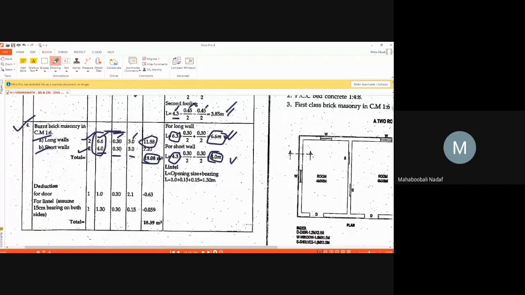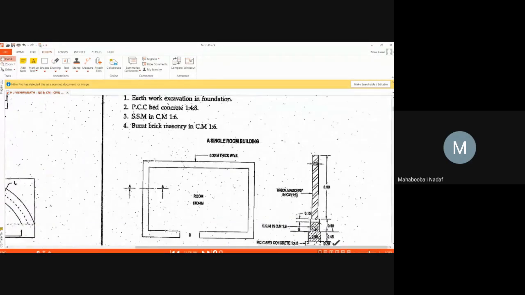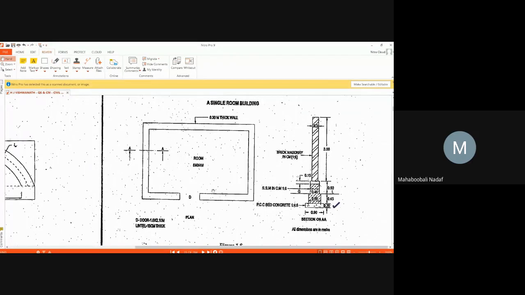Yes, sir. When you see this in the diagram, is the brick wall continuous? No, there is an opening. In the opening, you don't have brick masonry; you have a door. See here, one opening means you need to deduct that much quantity from the total brick masonry. If a window is there, you need to deduct that window quantity. If a shelf is there, you need to deduct that shelf quantity. Are you getting this point? These items will come in the next example.